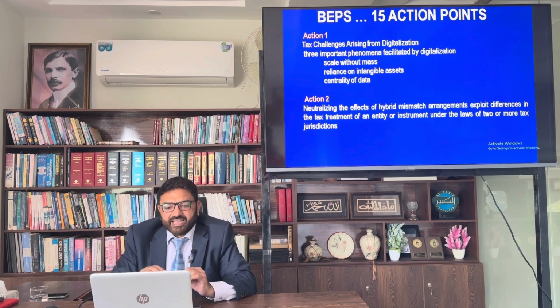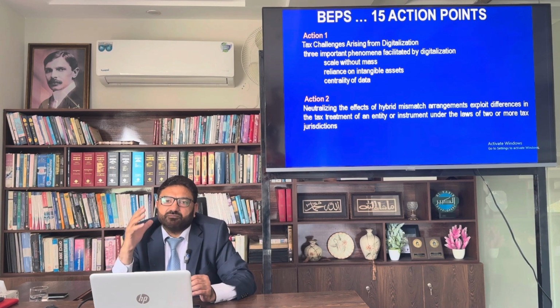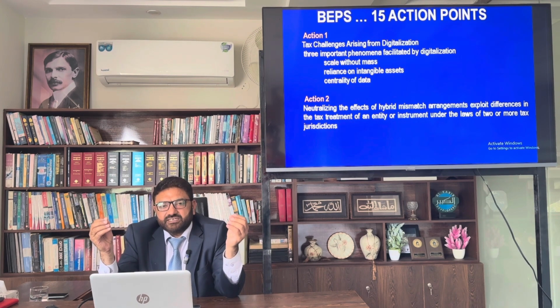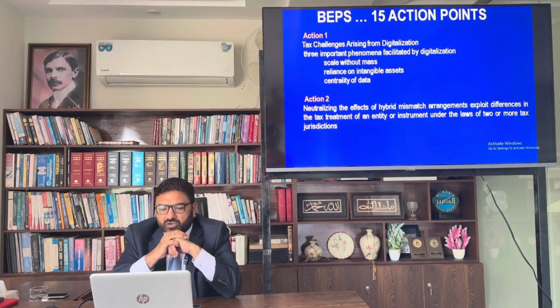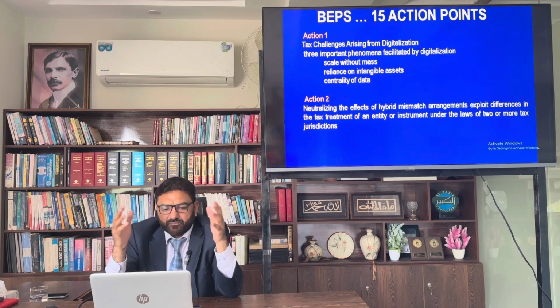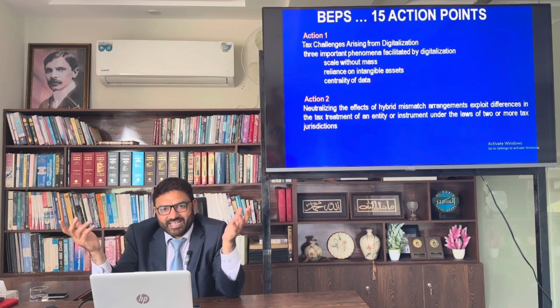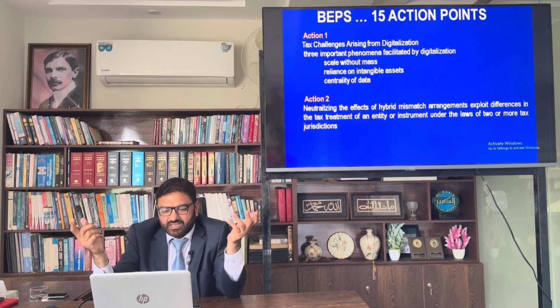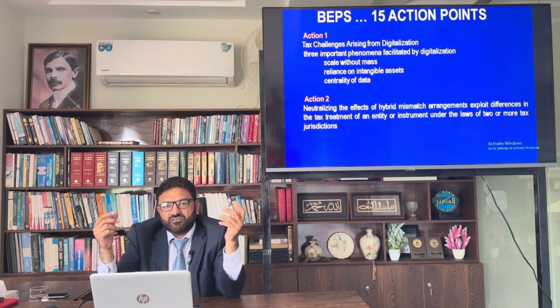Point 1, tax challenges arising from digitalization, because due to digitalization most of the companies earn profit from all over the world. Three important phenomena facilitated by digitalization are scale without mass, reliance on intangible assets, because there are no tangible assets to show that we are working in that country, all the assets are mostly intangible, and the certainty of the data is also a